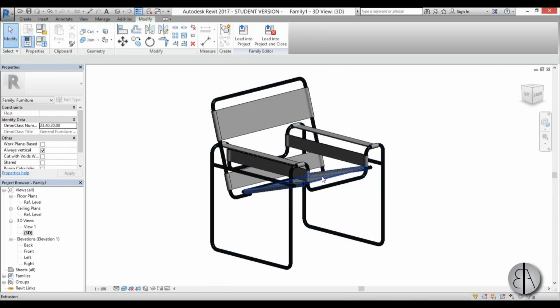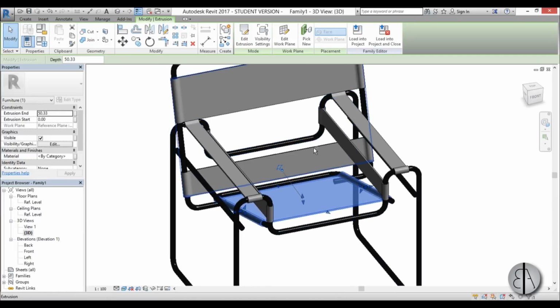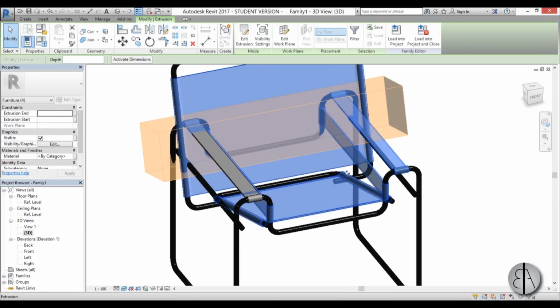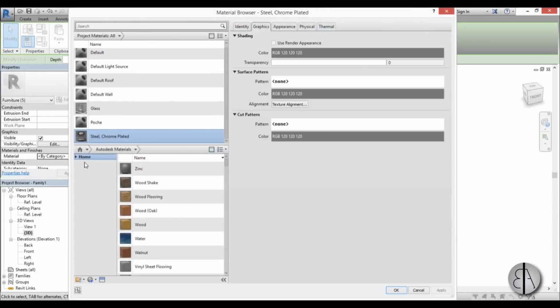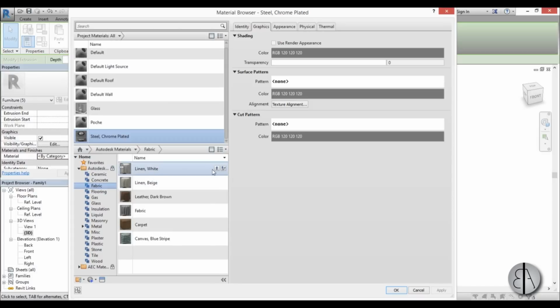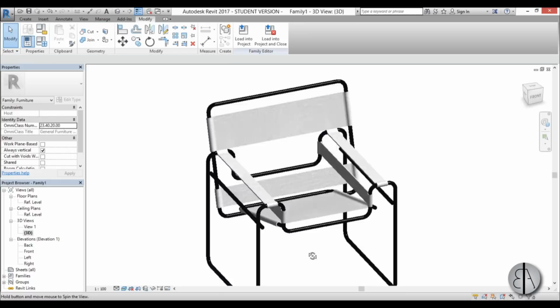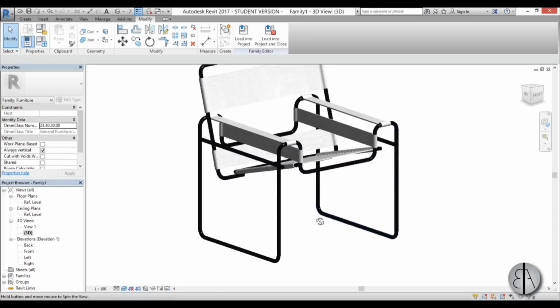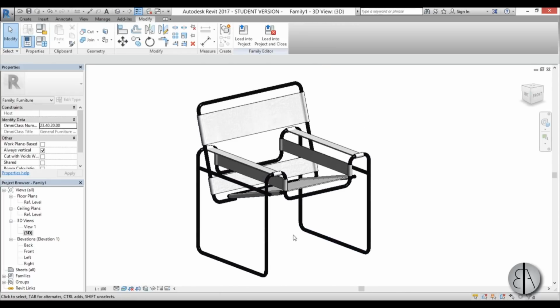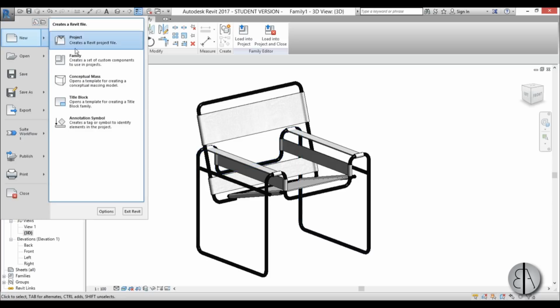Okay, and let's select all of these straps, go to the material, and let's choose some fabric. Maybe white linen. I know they're probably not using linen for these chairs, but I think it looks nice just in Revit. And to see what we have actually done, I'm just going to go to new project,